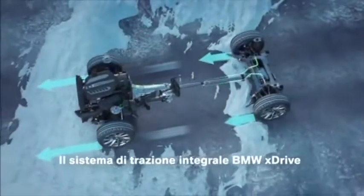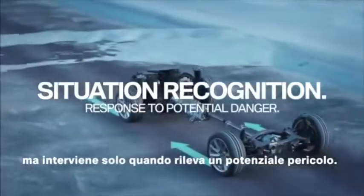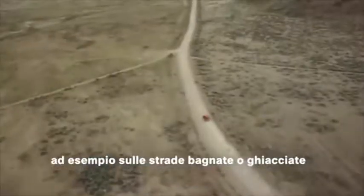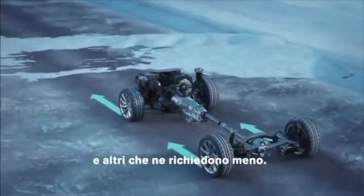The all-wheel drive system BMW xDrive is active all the time, but it only steps in when it detects potential danger. That way it supports you, for example, on gravel, sand, wet or icy roads. In a situation like this, with ground unevenly covered with snow, there are sections with more and sections with less